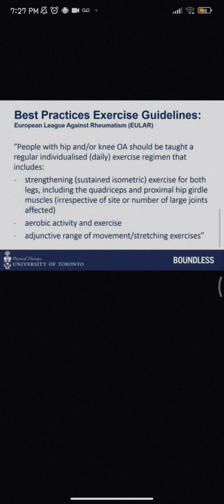In the next few slides, I would like to highlight recommendations made by some international organizations related to exercise and arthritis. OARSI recommends, for all patients with osteoarthritis of the knee, land-based exercise, weight management, strength training exercises to increase leg muscle strength, water-based exercise such as swimming or water aerobics, and self-management and education. The European League Against Rheumatism recommends a combination of strengthening, aerobic, range of motion, and stretching exercises for people with hip and knee osteoarthritis.